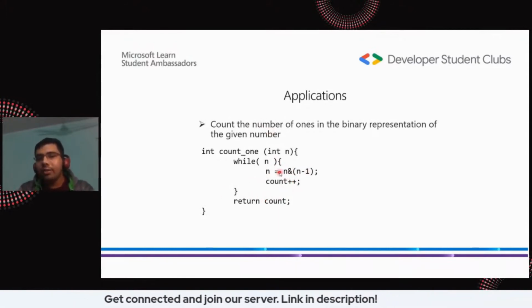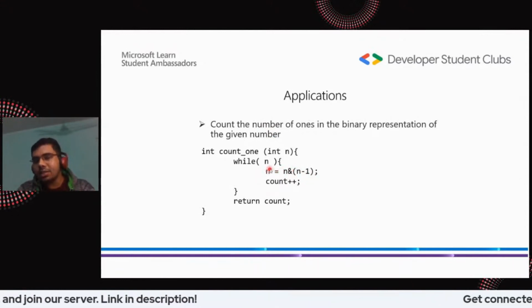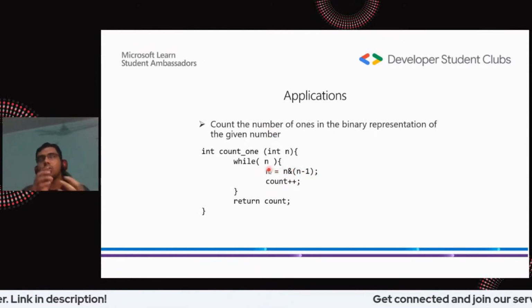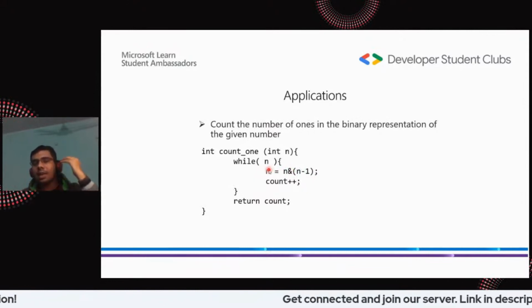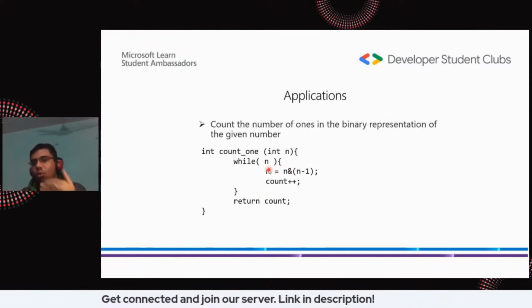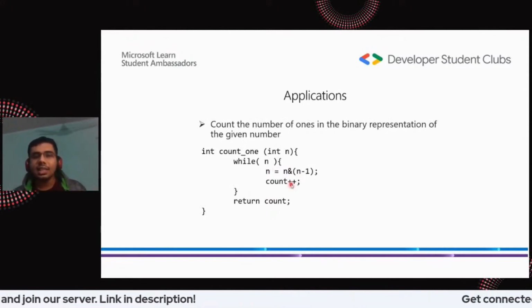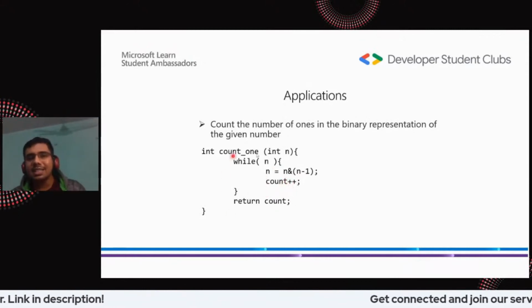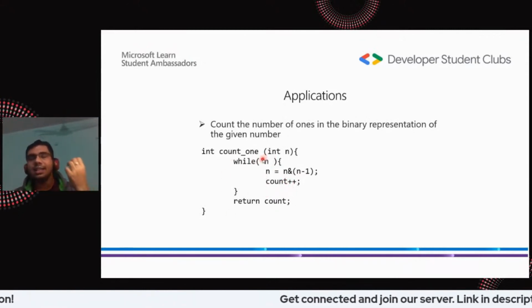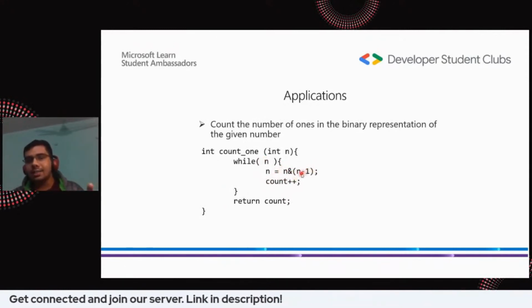Ultimately, whenever this AND operation gets done, this gets stored in what? You change the value from 0 1 1 to 0 1 0. So in that case, you just made a counter. Next, again, n comes here. So n is now 0 1 0. You're just trying to do again an AND operation with 0 1 0 and 0 0 1. That n minus 1 is 0 0 1.